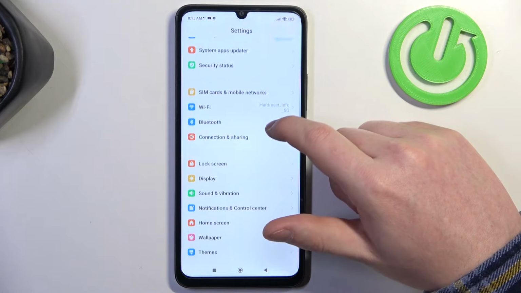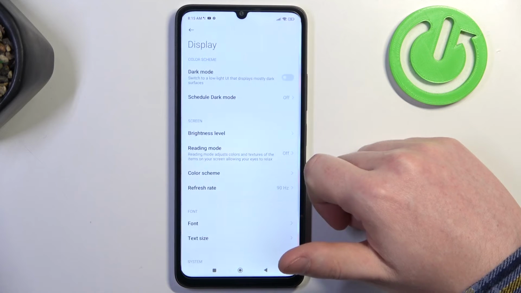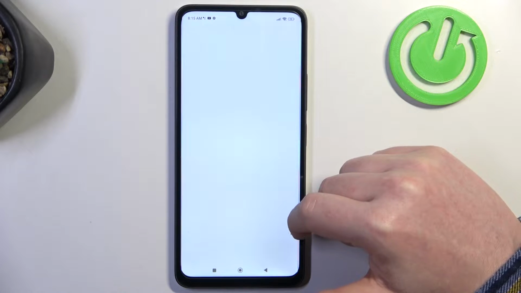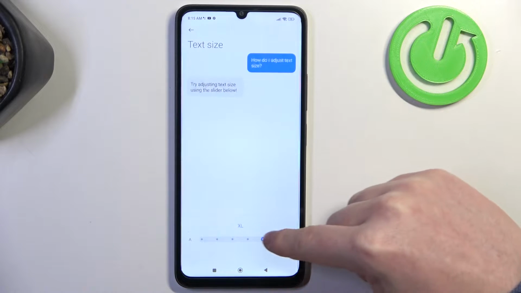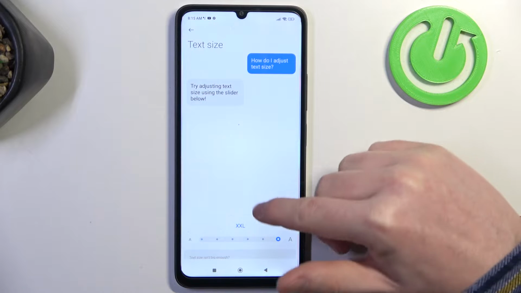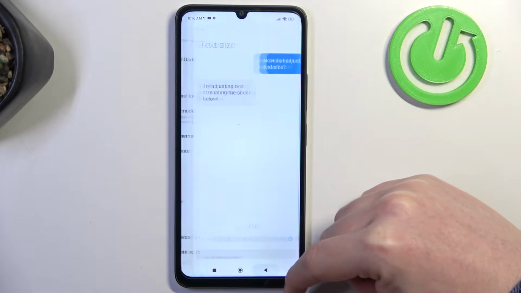So here, first let's scroll down and enter display, go for the font. Under font there's a text size, and you'll be able to adjust the text size right here. I'll make it as big as possible. Then we can go back,